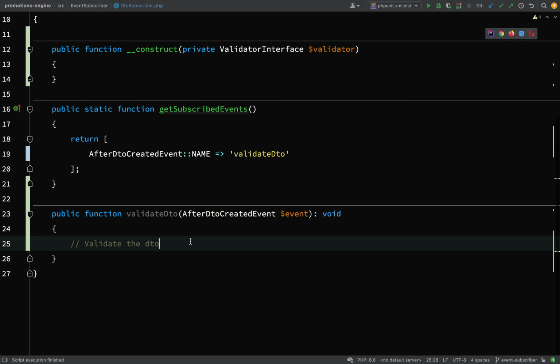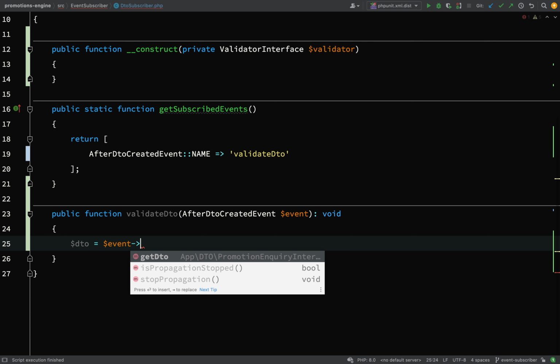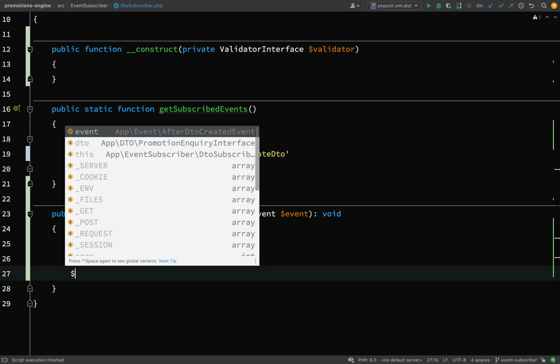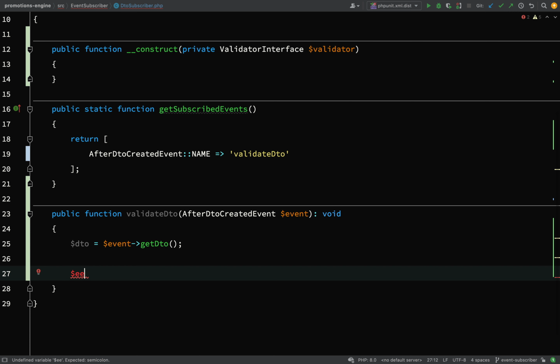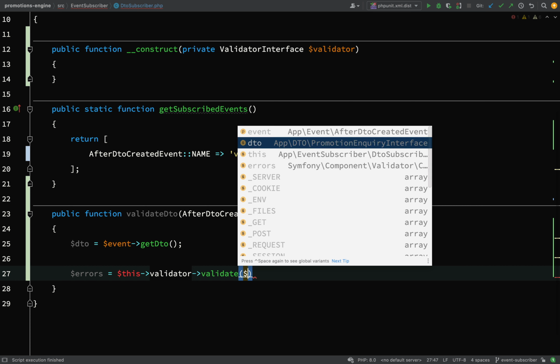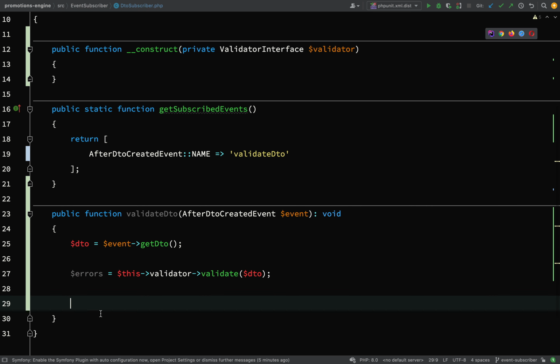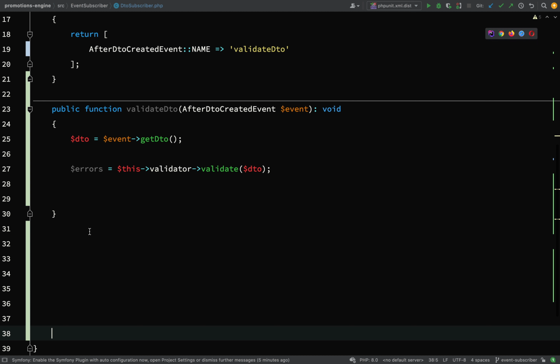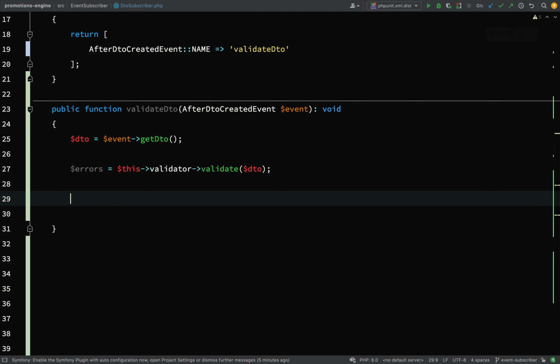And then the first thing I need to do is get my DTO. So DTO equals event, and if you remember on our event we added that getter method, getDTO. And then the way validator works is I can say errors equals validator validate, and then you pass in the object which you are validating, which is our DTO. And then what we want to do is check, do we have any errors? And if we do, I want to throw an exception. So if count errors is greater than 0,